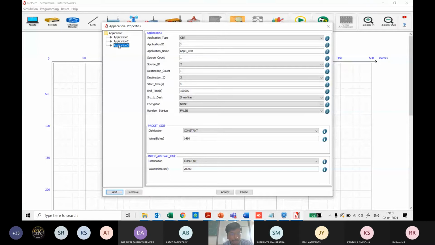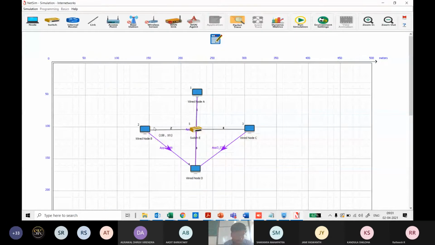Once you add 3 applications and click accept, you will see that 3 nodes are trying to send the application data to the server. And they can't send directly; the data has to go via the switch. Which means the switch is now getting traffic from multiple flows at the same time, and it has to switch the data coming from all these incoming flows to the bottleneck link. Will this link really become a bottleneck? When will that happen?